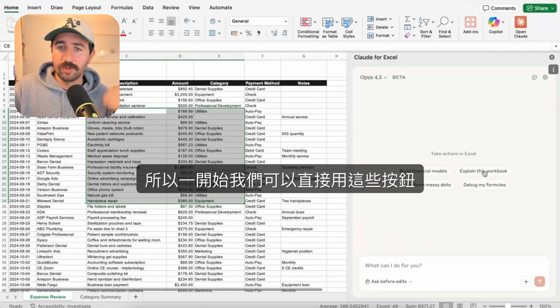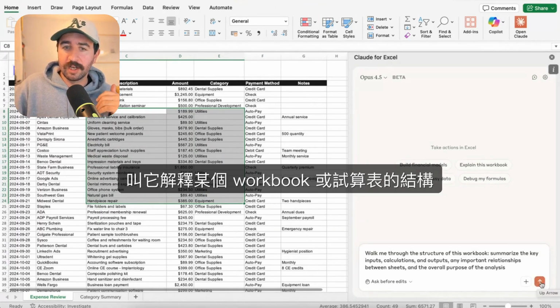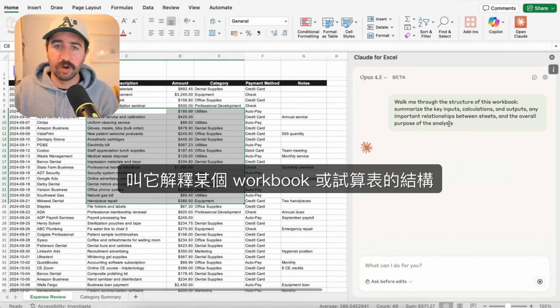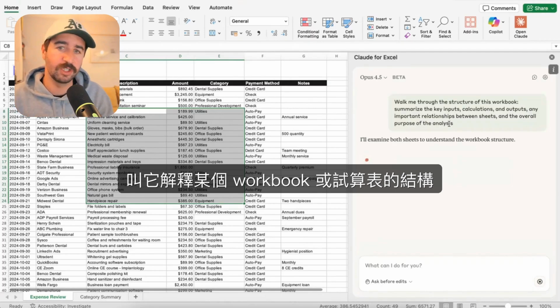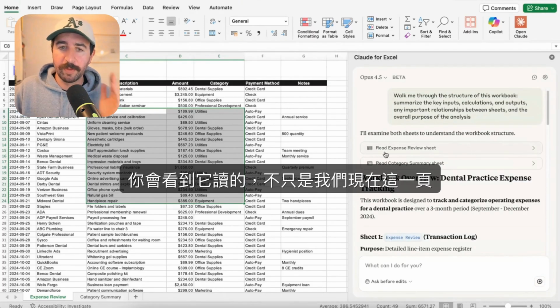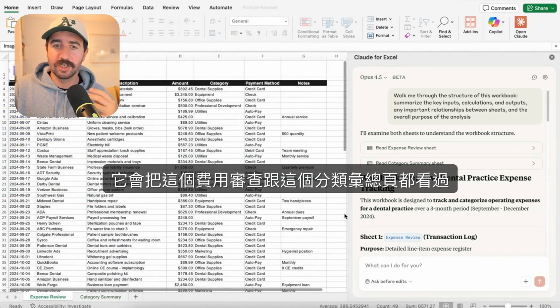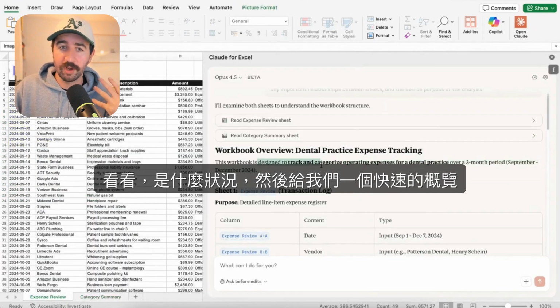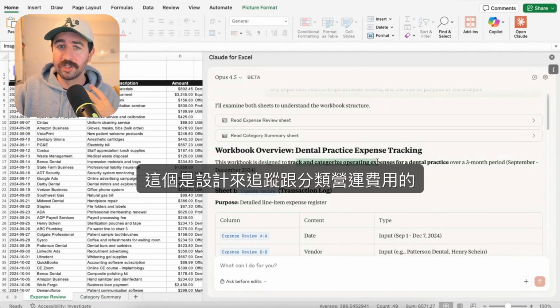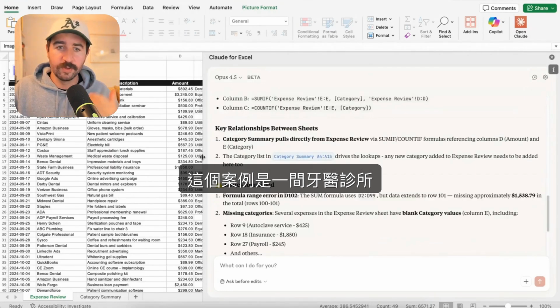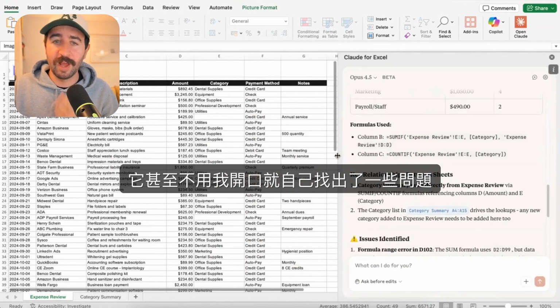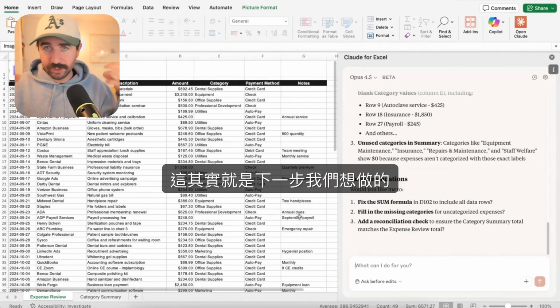So for starters, we can just use these buttons off the start and get it to explain the structure of a particular workbook or spreadsheet. What you'll see is it reads more than the page we're on. It goes through this expense review and this category summary page to see what's going on, and then gives us a quick overview designed to track and categorize operating expenses for a dental practice in this case. It even goes and identifies some issues in there without me even having to ask for it,